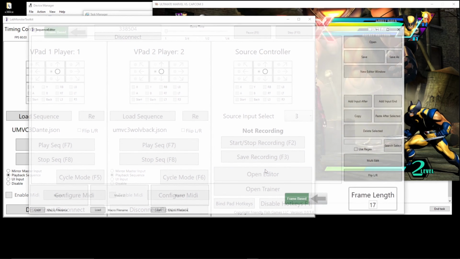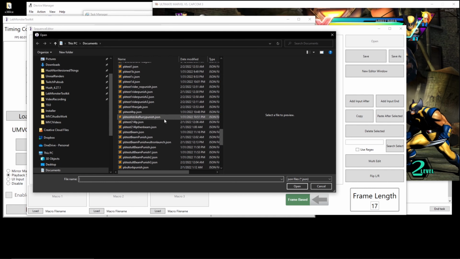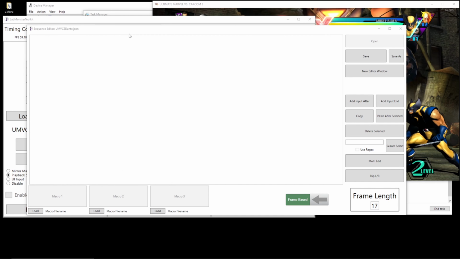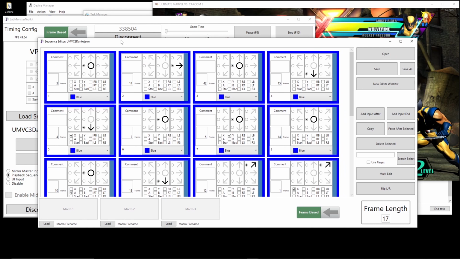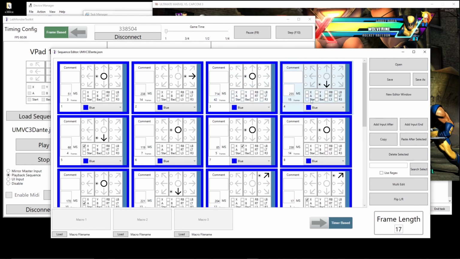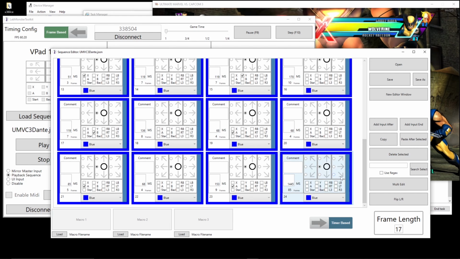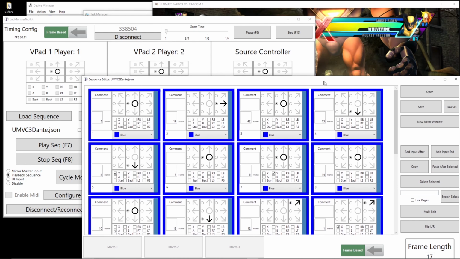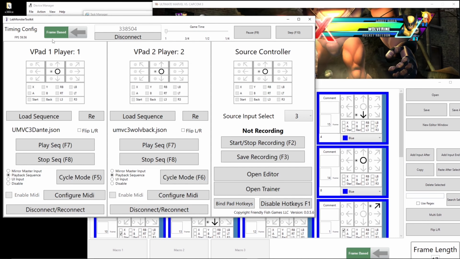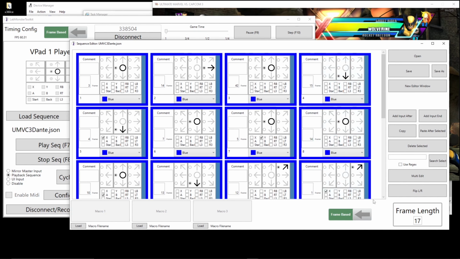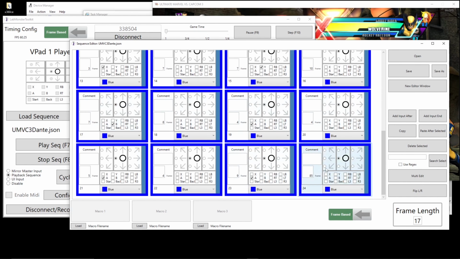One other feature to note is that if you have a sequence that's been recorded in what I call frame mode, where we've talked about this in the previous video, where you're in frame-based mode, you can check this button and it will change to timer mode in here. The save does vary depending on if you made a recording as a frame-based recording or a timer-based recording. And so if you have a game, for example, that doesn't work with frame-based playback and you want to use timer-based playback, you do have to be aware of which mode you're in and which mode you're using between these